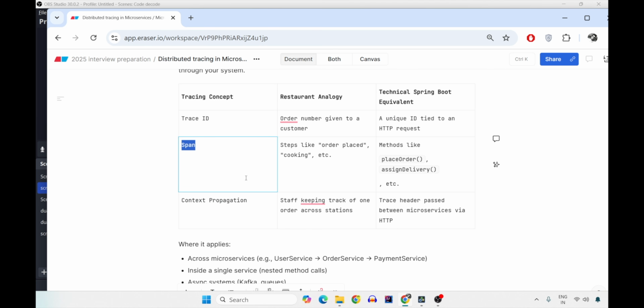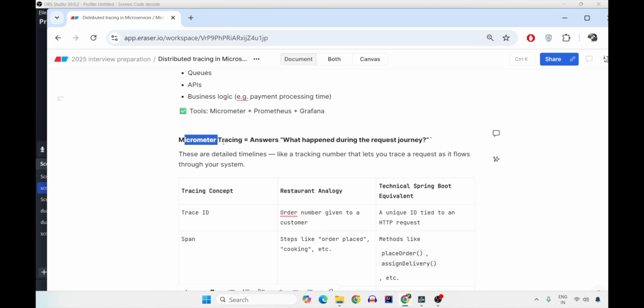Along with that, you can have your span IDs, and with that span ID, you can see which particular microservice is actually not behaving well, it's taking longer time and is becoming a bottleneck or crossing the thresholds. So that is how beautifully the micrometer tracing helps in real life.